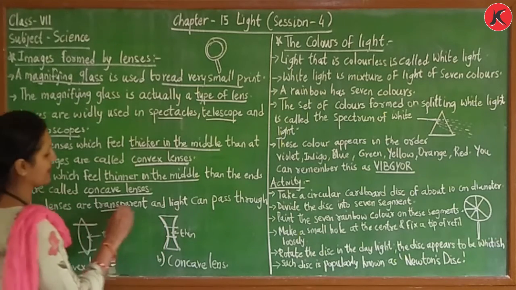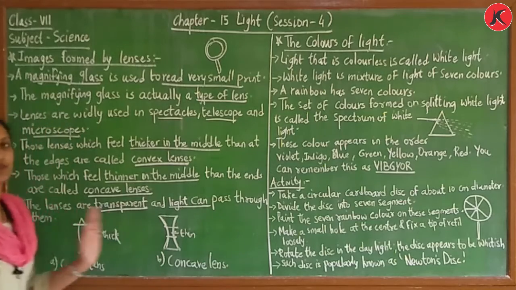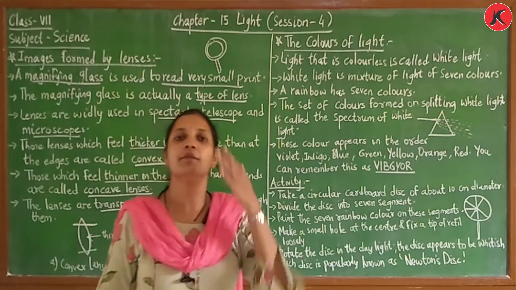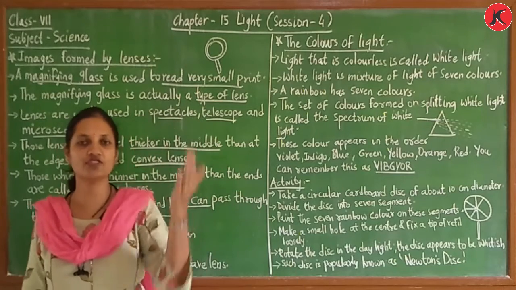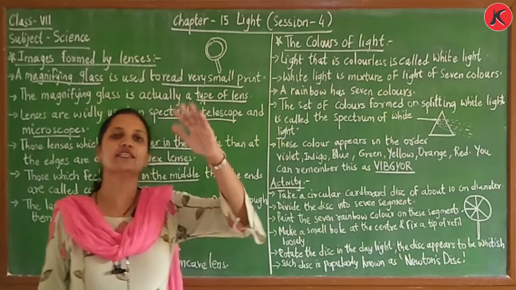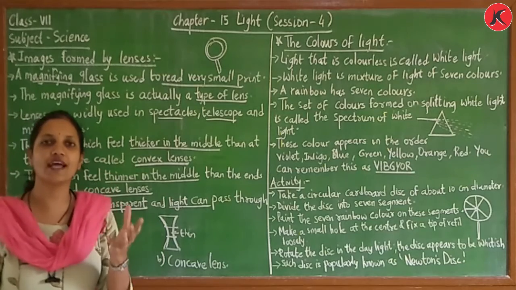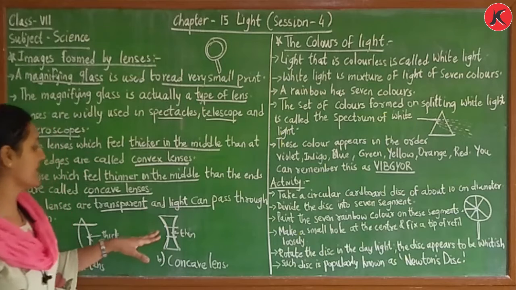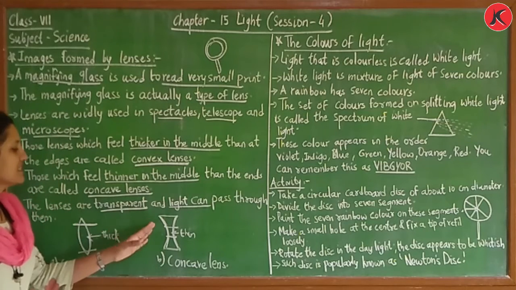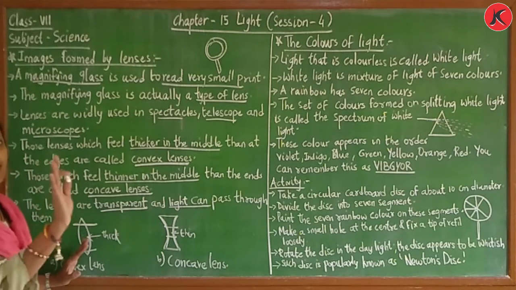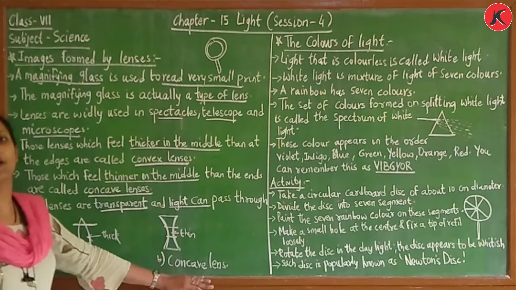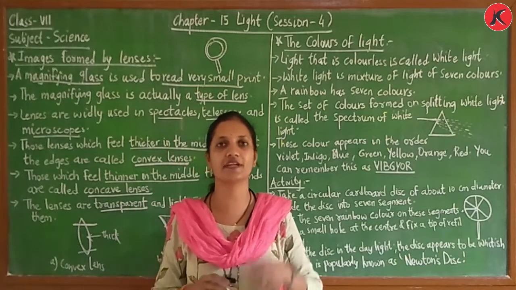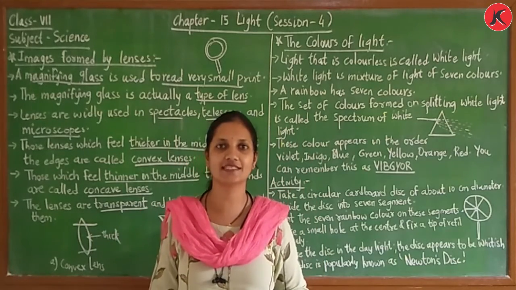So the lenses are transparent and light can pass through them. Now lenses are transparent. It is not like concave and convex mirrors. A mirror has a C shape and D shape, but it is coated on one side so that the image is formed on the mirror. But here we have transparent glass. This transparent glass can pass all the light through it, right? So they are called lenses. Now the lenses which we put in our eyes are also transparent. Then only can we see on the opposite side, right?